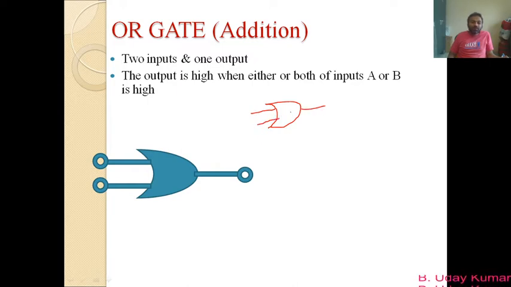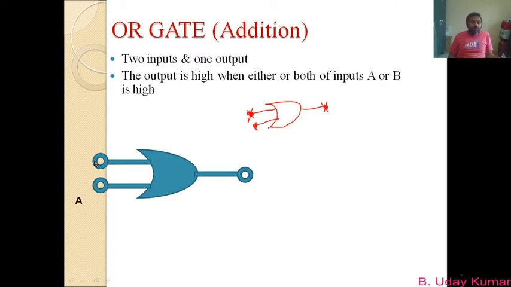It has two inputs and one output, and there is no need to draw a circle here. Only to represent the terminal, I have drawn a small circle, that's it. So you may mention these circles or dots or not, the choice is yours. Anyway, it has two inputs and one output, so try to get that.